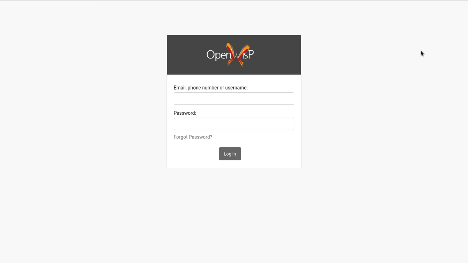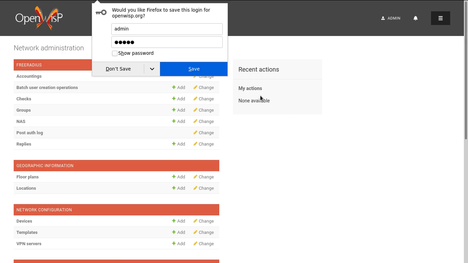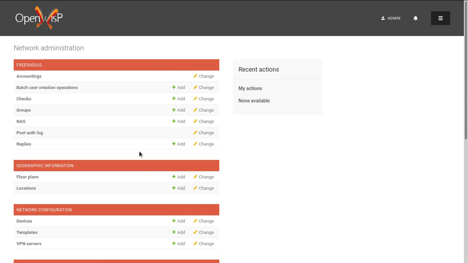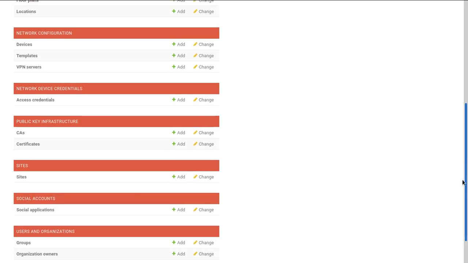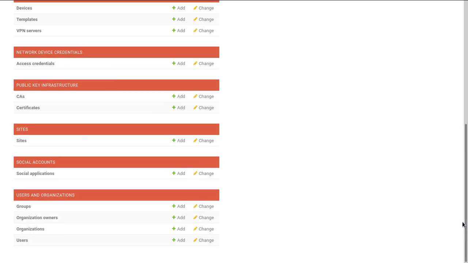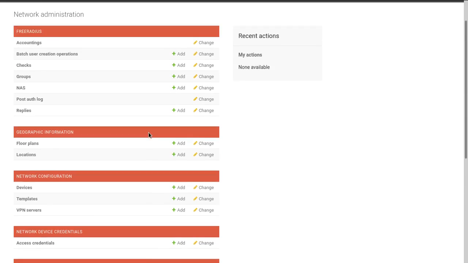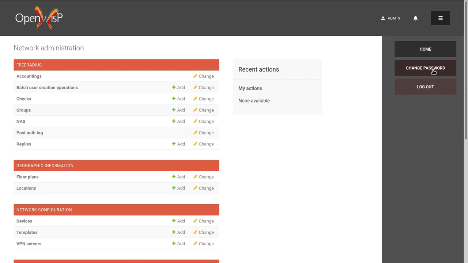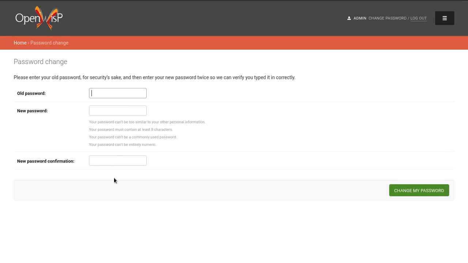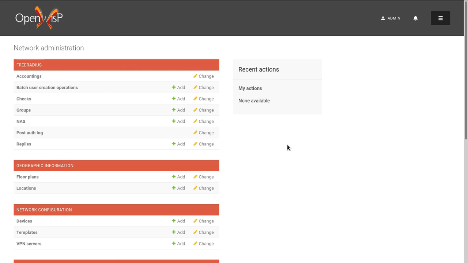Okay, so let me just refresh it, and the web page is here. So 502, if you see that page, it's not a problem if it goes away in a couple of minutes, because OpenWisp is starting a lot of services in the background, be it the database, setting up the database and whatnot. There are a lot of things that need to be done. And now that we have our service up and running, let's just go to change password, and you can set your password over here and continue exploring the software.